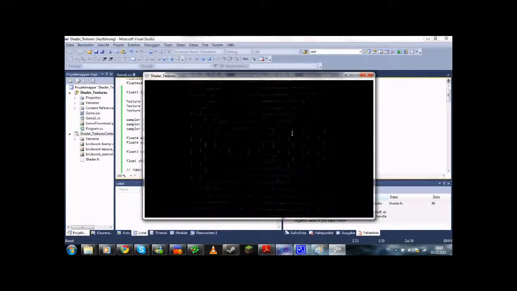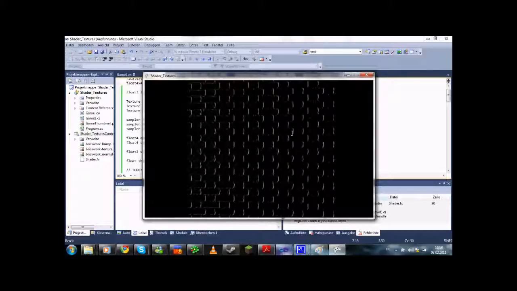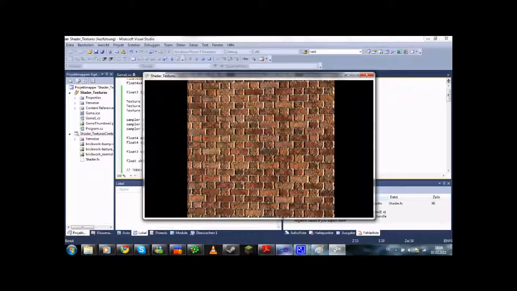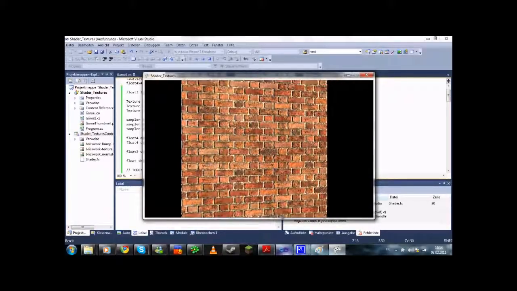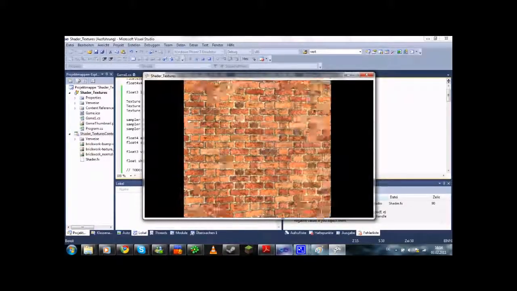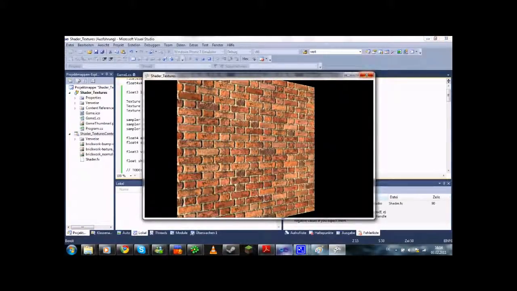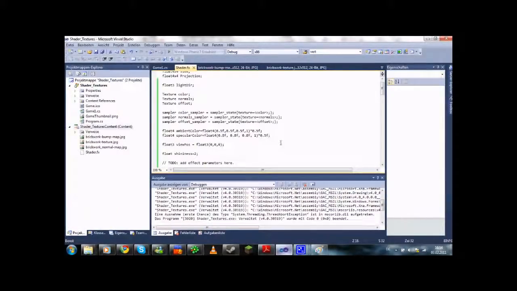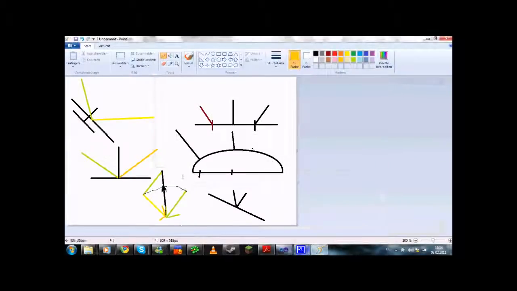Alright, the next video will be on parallax mapping. Just the basic idea is you map the normals in a texture. So on a flat surface you can say, well, I want the light to reflect as if it went in that direction or in that direction and so on. So you can simulate a surface even if